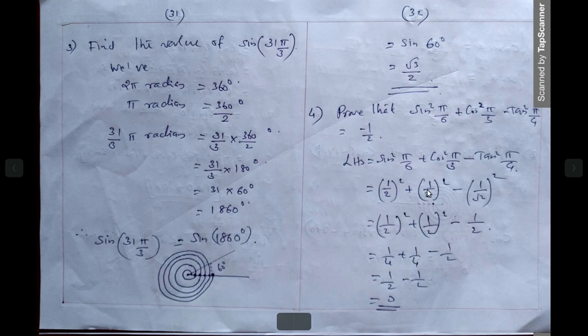So 1 by 2 square plus 1 by 2 square minus 1 square is 1. This is 1, right? 1 by 2 square means 1 by 4. 1 by 2 square means 1 by 4, minus this is 1, not half, this is 1. 1 by 4 plus 1 by 4 means 1 by 2. This is quarter plus quarter, which means half. Half minus 1 means minus 1 by 2, not 0. Answer is what? Minus 1 by 2. It is 1 by 2 minus 1, that is minus 1 by 2, that is the right hand side. So you correct these steps, right?